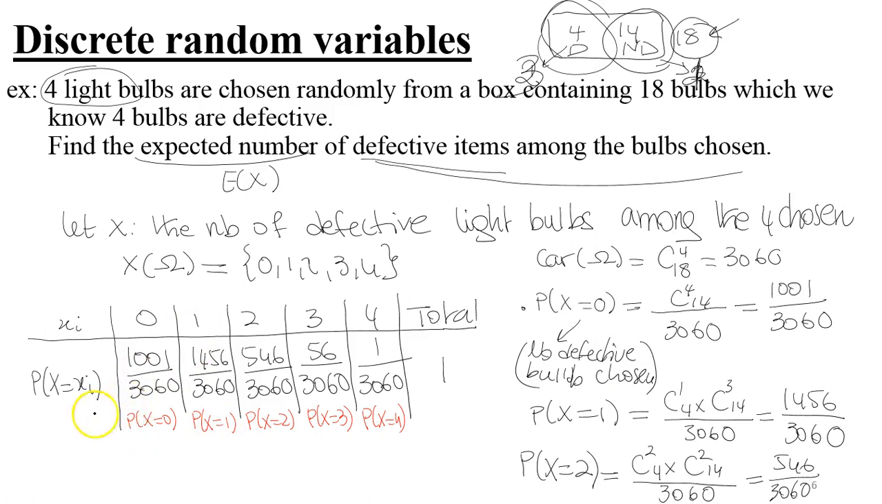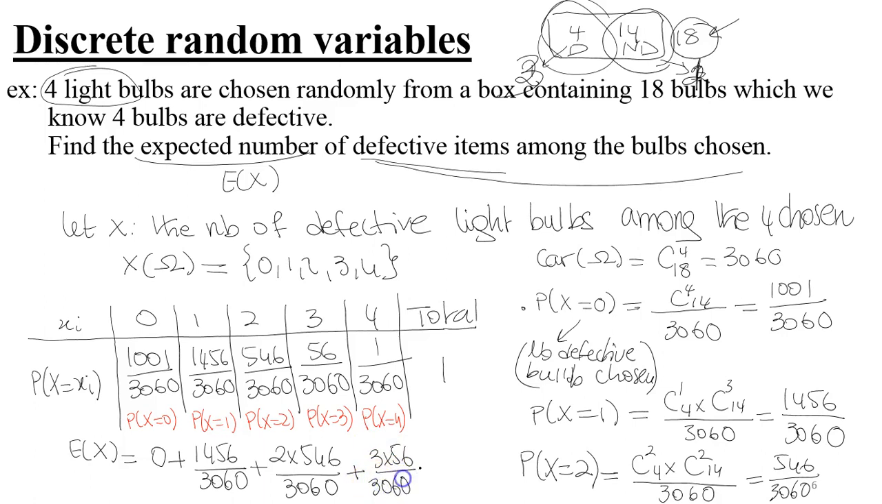So regarding the expectation, we need to determine the expected number of defective items. So the expectation would be the sum of each value of the random variable times its probability. So 0 times 1 over 3060, that's a 0. 1 times 1456 over 3060, plus 2 times 546 over 3060, plus 3 times 56 over 3060, plus